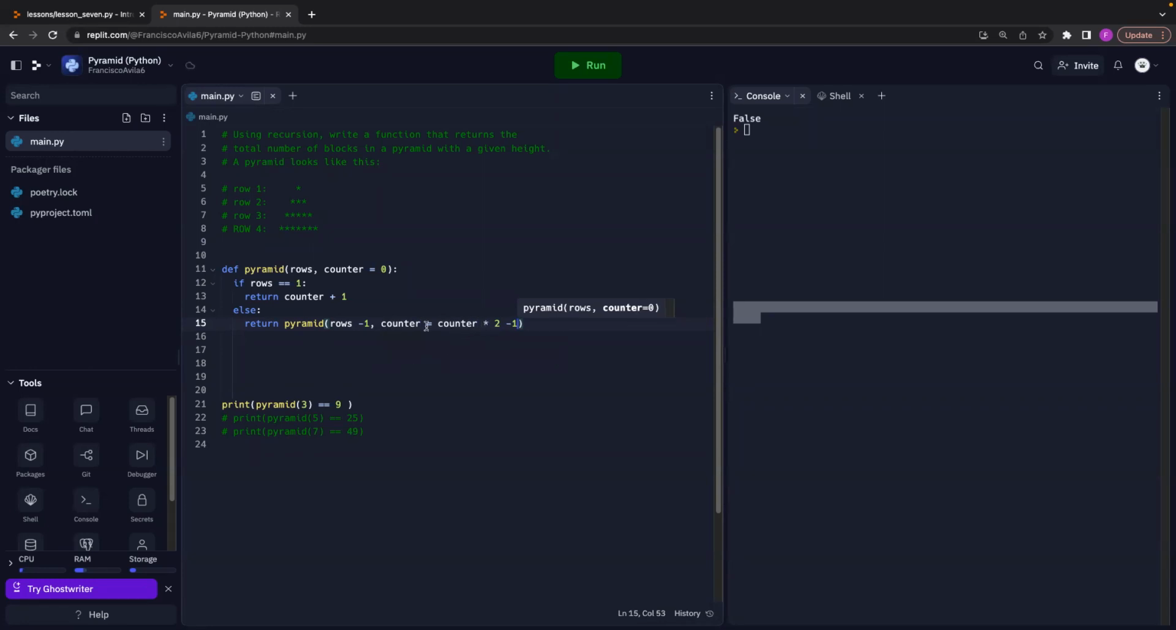Right, because counter times 2, so in this case 4, and then 4 minus 1, that's 7. And that's how many we have here, right? 1, 2, 3, 4, 5, 6, 7. Okay, so 7 would go through. Then rows would then turn into 3, and they'll get passed on. So now we got 3. And now 3,